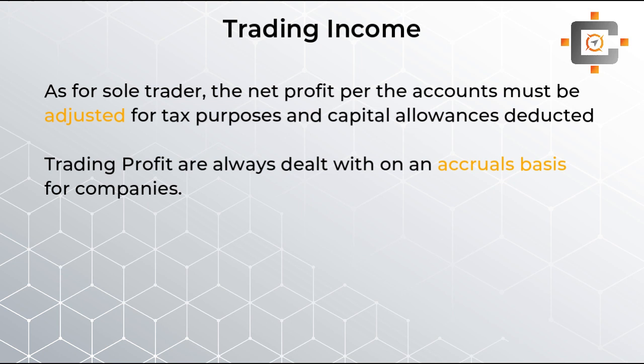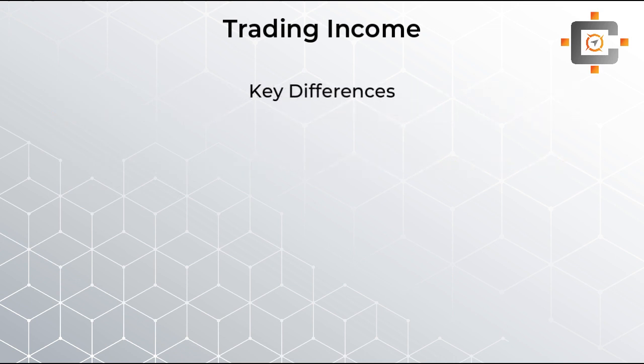But for companies, students, there is one simple rule: there is no option available to apply the cash basis of accounting. That means only the accrual basis is there. The first key difference is that companies are not required to make any private use adjustments, neither in the tax adjusted trading profit calculation nor in the calculation of capital allowance. All kinds of private use will be ignored.